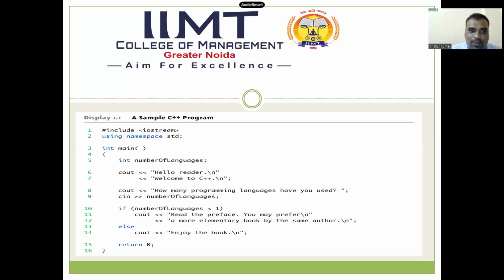This slide explains the number of lines of code. The line of code here is hash include iostream. Hash means the preprocessor. Include is the name of a directory which